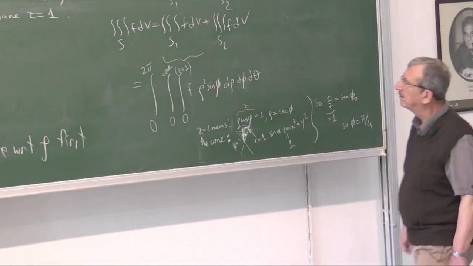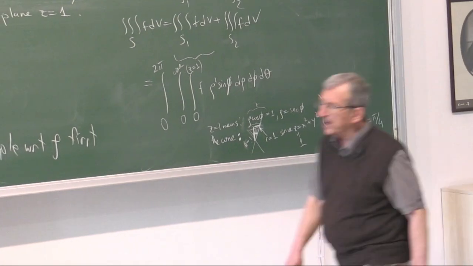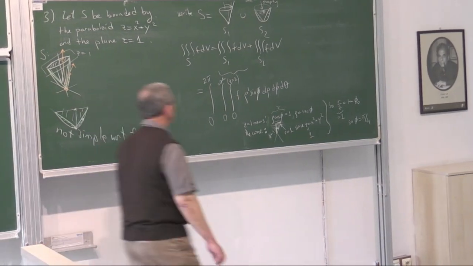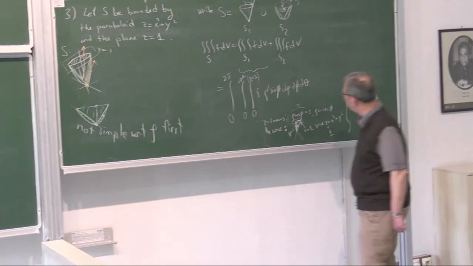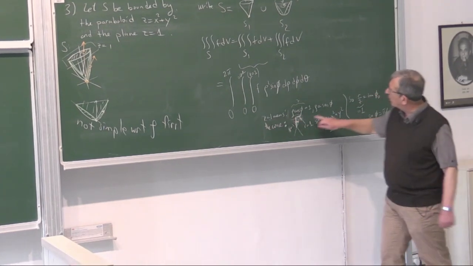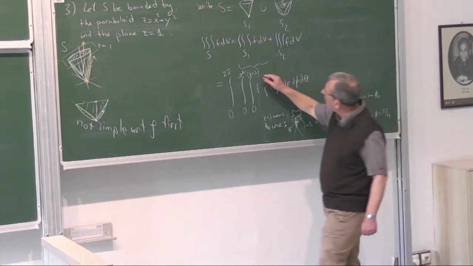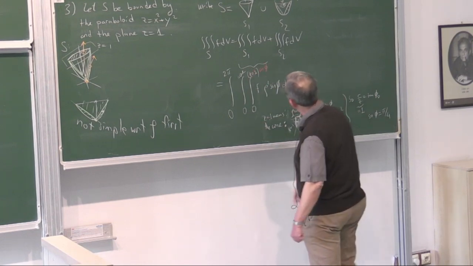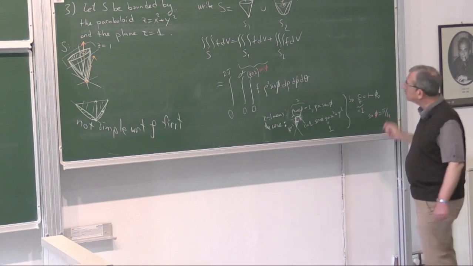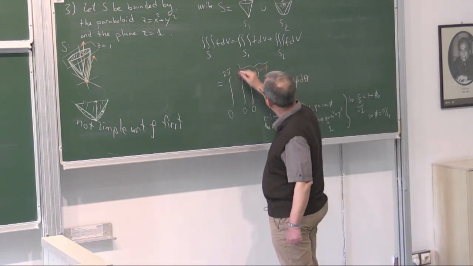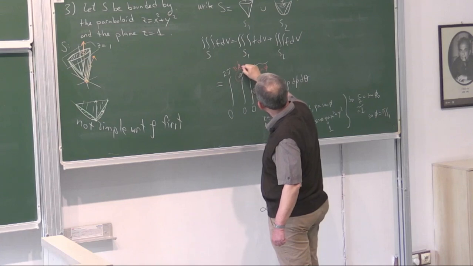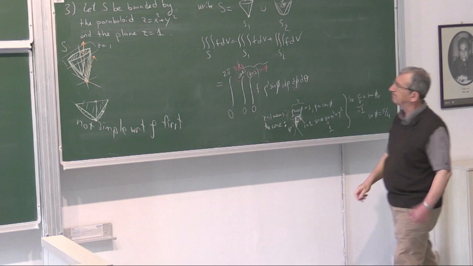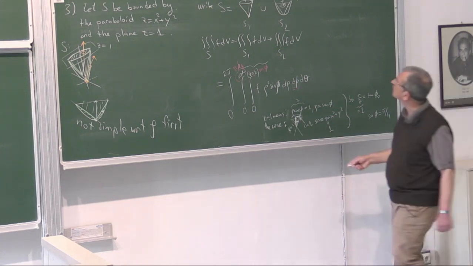Now going back, we can now modify the parts we left unattended. Z is 1 means rho is secant phi. So instead of this, I can now write secant phi. And instead of the cone, I can write here, just pi over 4, because that's my phi value. Okay, so this is the first part. Plus,